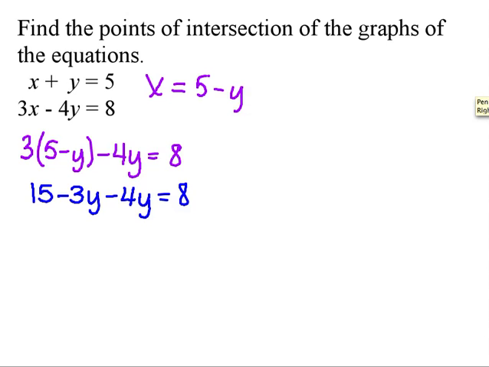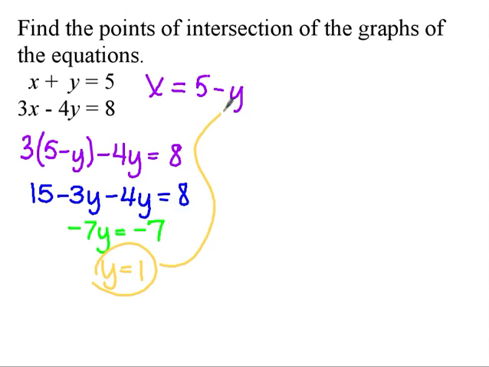So, negative 7y equals what? Negative 7. So what do you get y to equal? 1. And so then now what you're going to do is you're going to plug that in right up here. So you really get x to equal 4. And your solution then is 4, 1. Now, you need to make sure you answer your solution as an ordered pair, not as